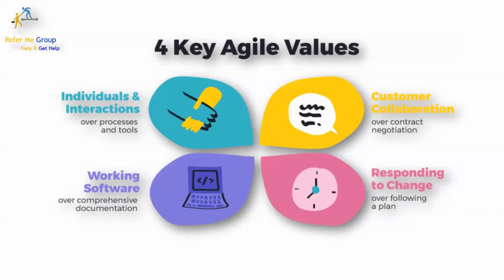For example, from a software testing perspective, there is a lot of documentation, a lot of work products. There is a test strategy, test plan, test closure report, test summary report. There is test progress monitoring. There are test cases. A lot of things are there, right? A lot of reports we produce. Agile says